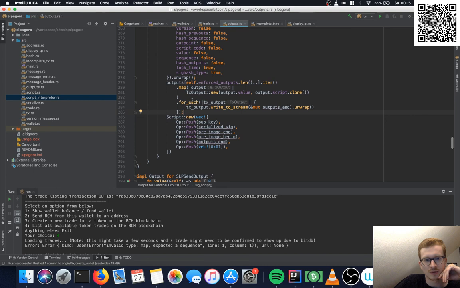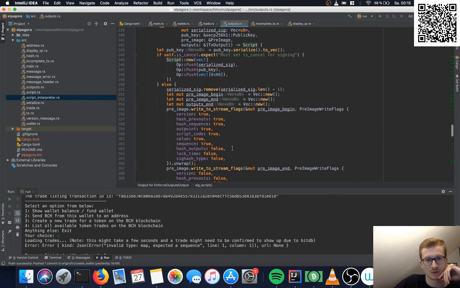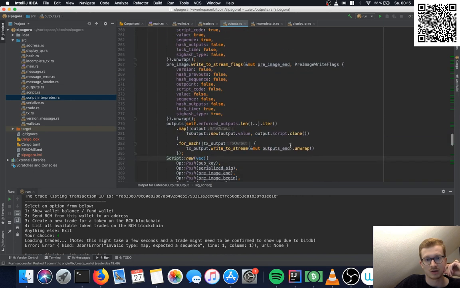After we put them into the vectors, we put them into a script and return the whole thing, which is then put into the transaction. And that is basically it.